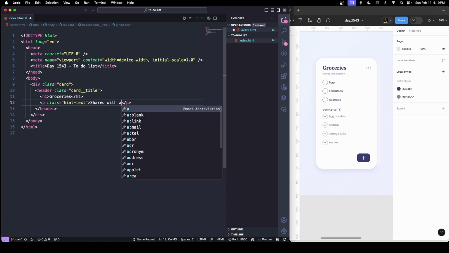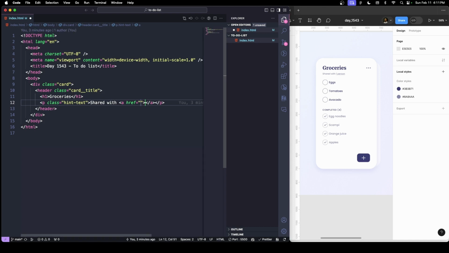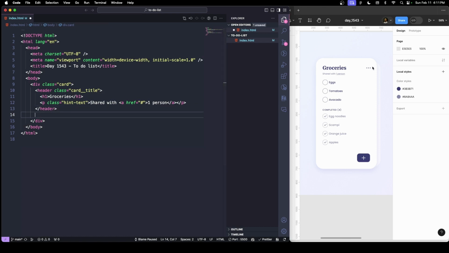And now we have a link inside of here. So of course, if you didn't know, VS Code has Emmet built in. So if you type in A and click tab, it'll actually auto-complete an anchor tag for you. I want to give this a blank hashtag for now, and then do "one person". Okay. All right, now we have this button over here, which is